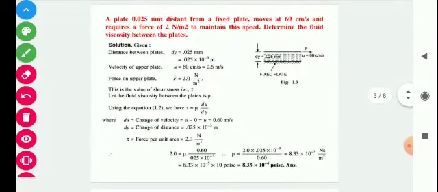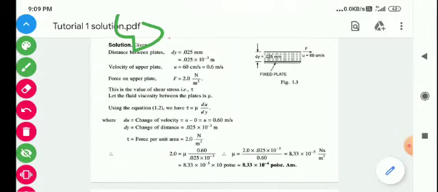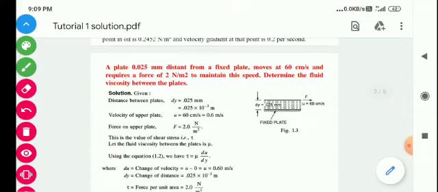in the first problem, a plate 0.025 mm distant from a fixed plate moves at 60 centimeter per second and requires a force of 2 Newton per meter square to maintain this speed. Determine the fluid viscosity between the plates. The distance between the plates is given, the speed is given, and the force is given, and you have to calculate the